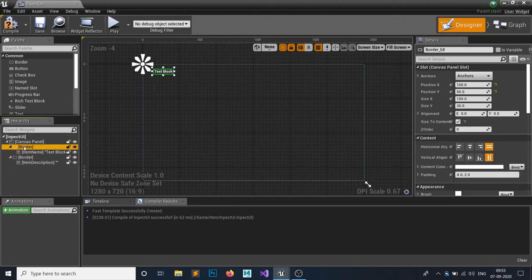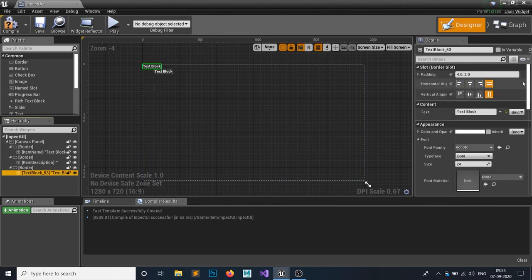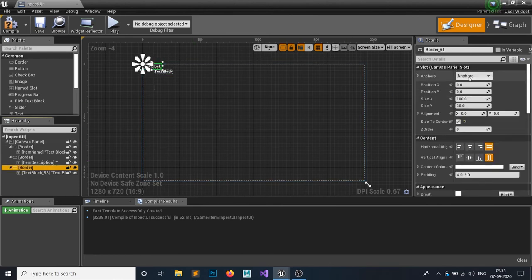Let's make another border. So Control W to duplicate it and make the anchor point of this border, let's say, the bottom left corner. And the alignment of the Y should be 1. Sorry, not this. The alignment of the Y should be 1. So first just set the position of this back to 0. So it is here. Set the alignment to 1, so it brings back here. Position of X, let's say 100, and position of Y, let's say minus 50. Yeah, this would work fine.